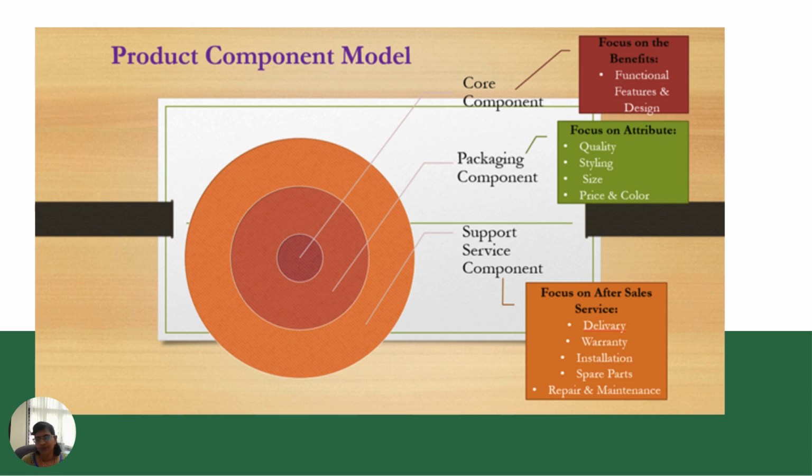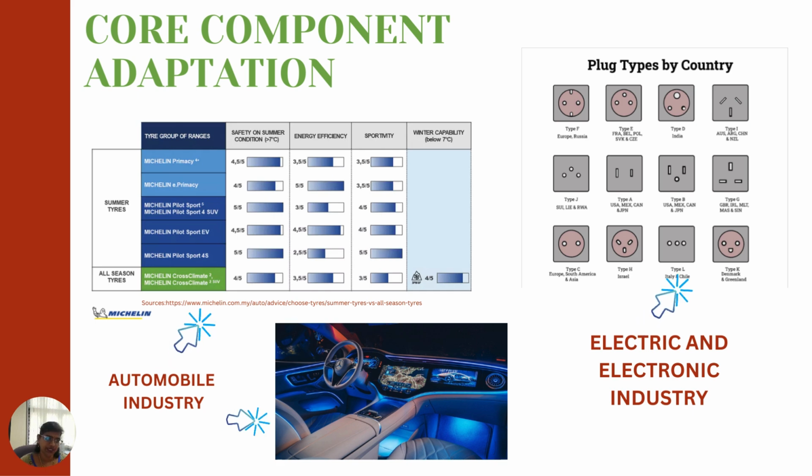Now, when we talk about core component adaptation, let's say for example, in the automobile industry, in Malaysia, the driver seat is on the right hand side. But in countries like Australia, Bangladesh, and the UK, the legal requirement says that the driver seat should be on the left hand side. So this becomes a mandatory adaptation according to the legal requirement of the country. If Proton decides to sell their car in Australia, this adaptation is compulsory, must be